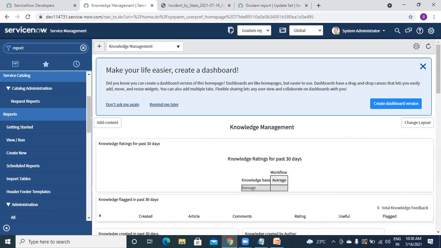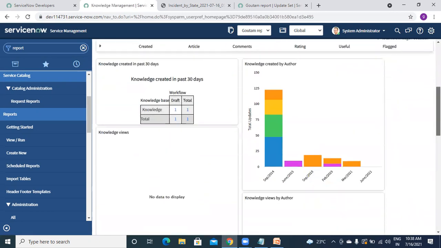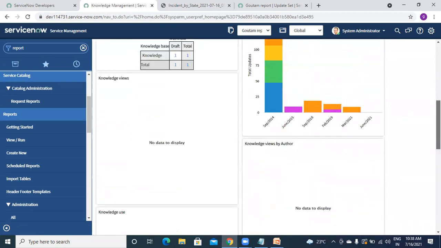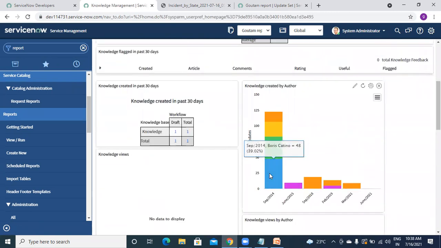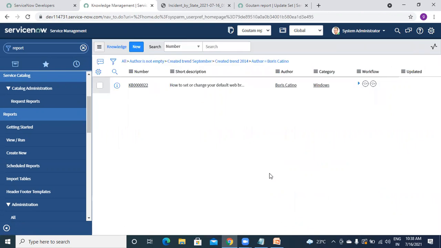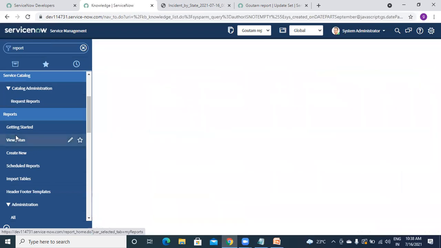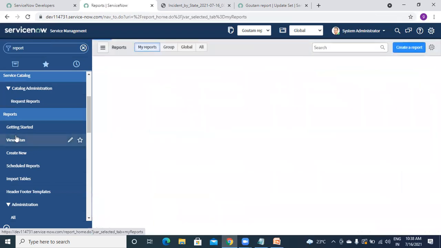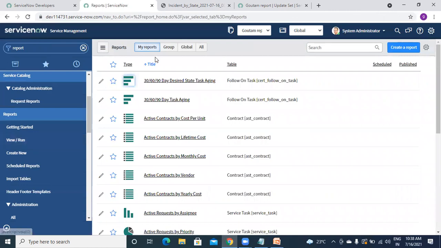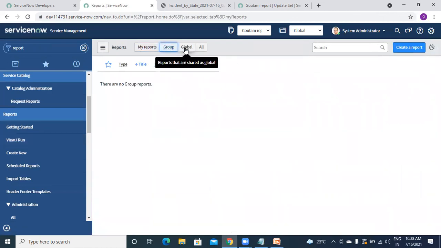See, this is some other report on a dashboard. If you click on this, it will redirect to your table. Okay, so clear till now?